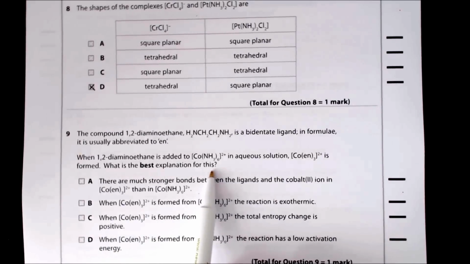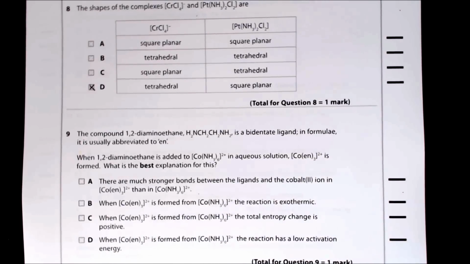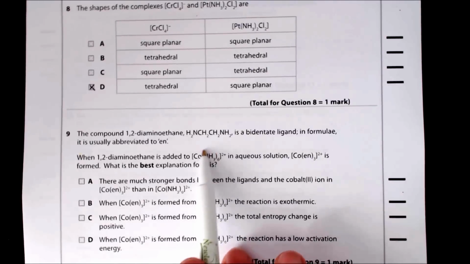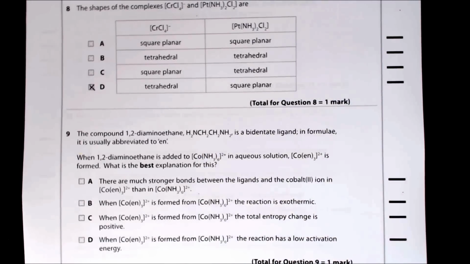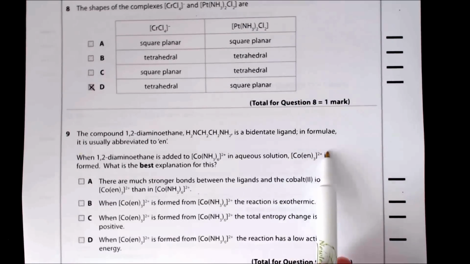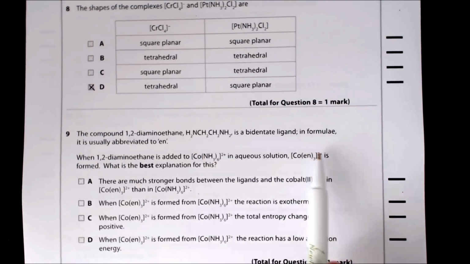And what is the best explanation for this? Now, whenever you've got a multidentate ligand exchanging ligands with monodentate ligands or unidentate ligands, which are these ones here, what you have is a big entropy change, because you're going from this, which is one complex, to this, and what's missing from here is 6 ammonias that have been displaced. So actually, we have a